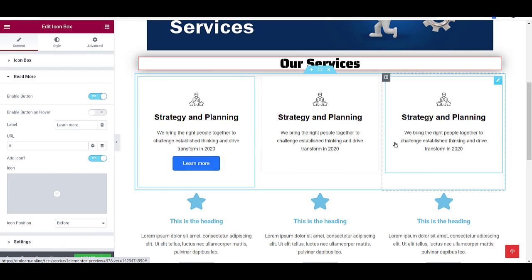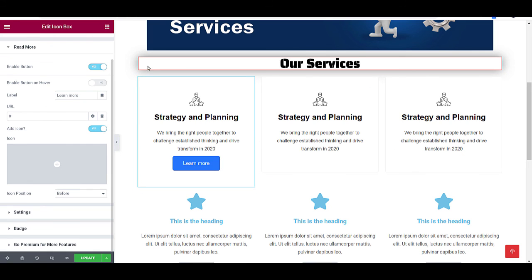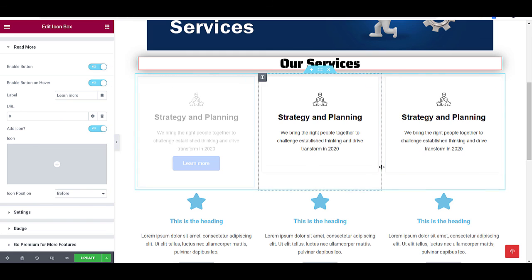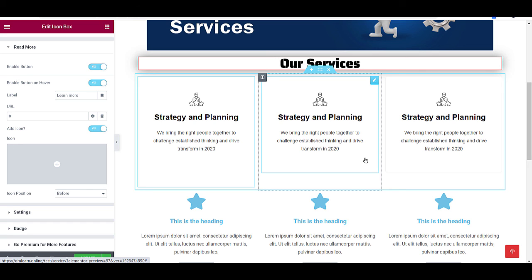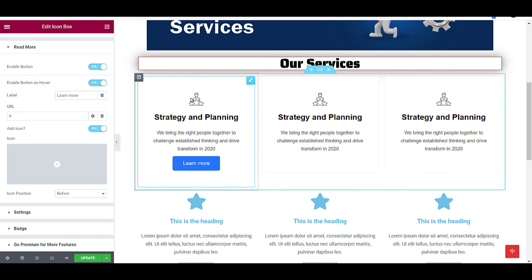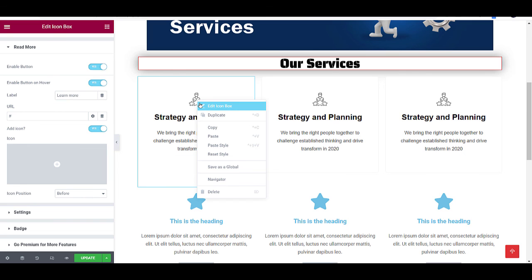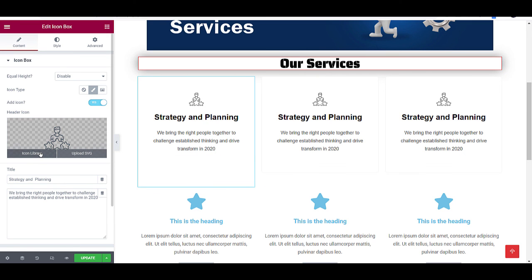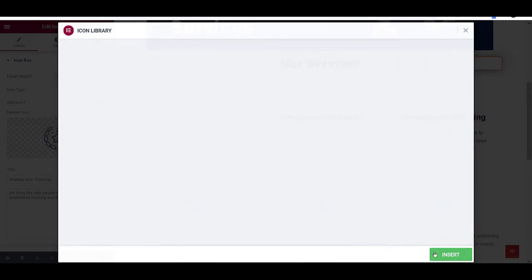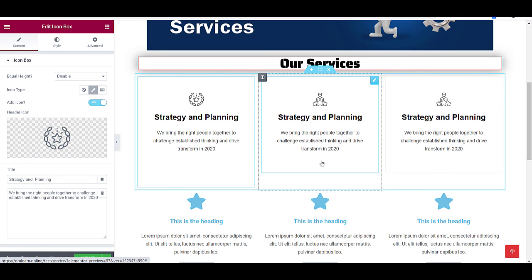So now you have a button also. If you want, on hover, suppose you just hover the mouse and then it comes, so you have a good chance to add more content. If you want to change this icon, just go to icon, this and this, that's it, now changed.